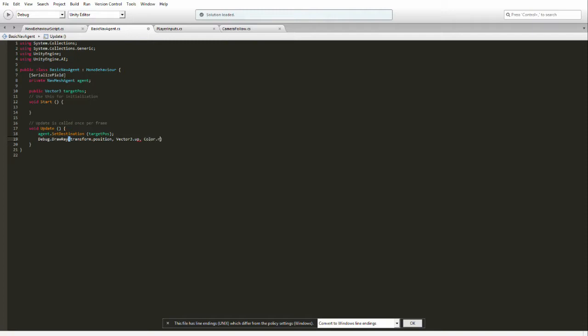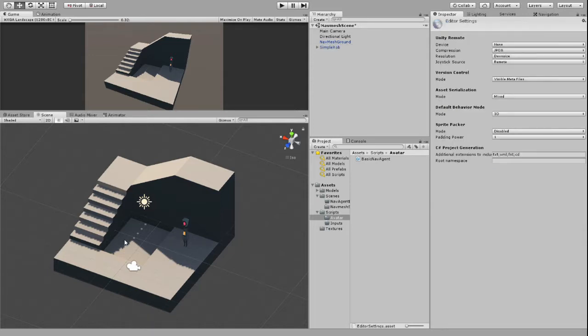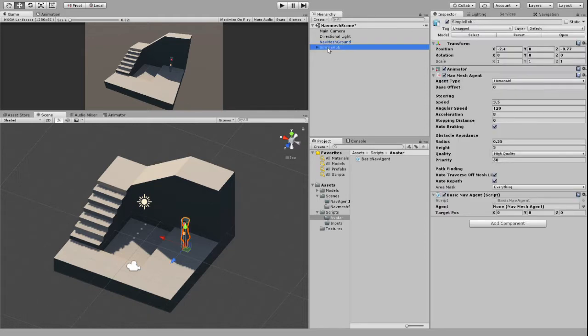Alright, now before I play, something I need to do is go to the project settings, go to editor, and I'm using Unity Remote 5. That's an app on Android that lets me prototype by plugging in my phone by USB, real-time back and forth between the game engine and my phone, so I can see debug messages and all that stuff. The only thing I need to do is set Unity Remote Device to any Android device, and I'll be able to see this. So I just go to Simple Web, I'm going to assign the Navmesh agent here, and when